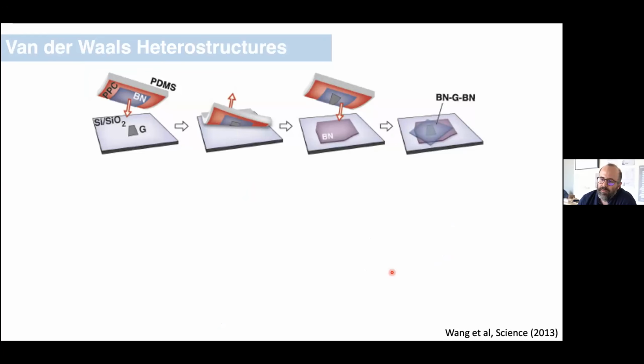Okay, so how do we do that? As I said, I'm an experimentalist, so a good part of this talk will be focused on the experimental opportunities and limitations. The way we do this is using a technique that we developed back when I was a postdoc, more than a decade ago now, which we call the mechanical transfer technique. And the basic idea is that we have some kind of polymer, and we can melt that polymer onto one of these materials. And the image I'm showing is boron nitride.